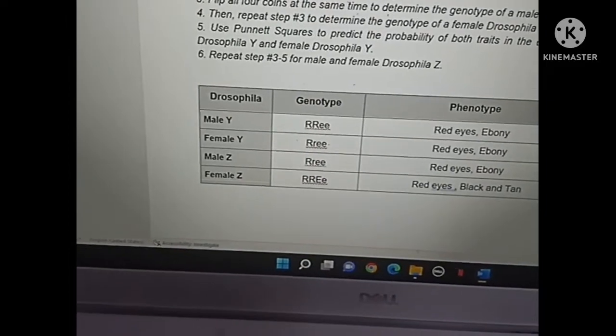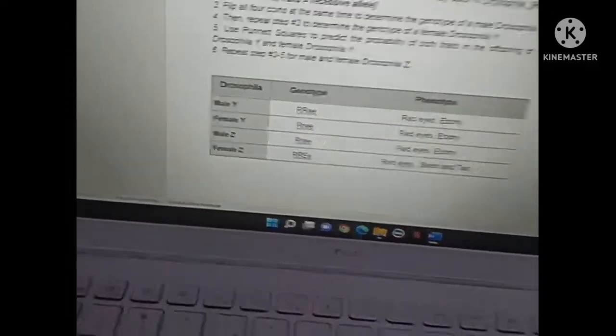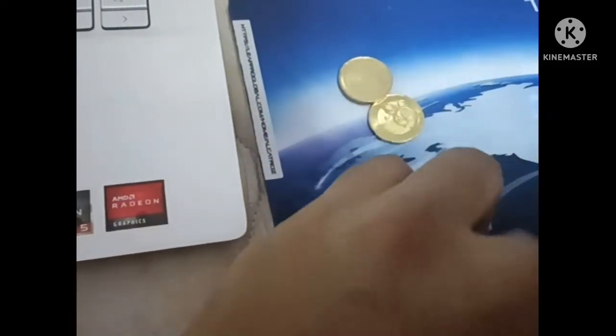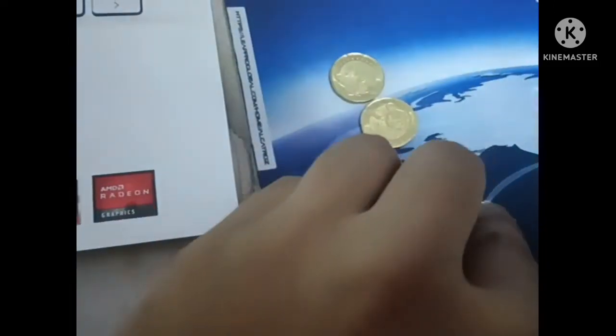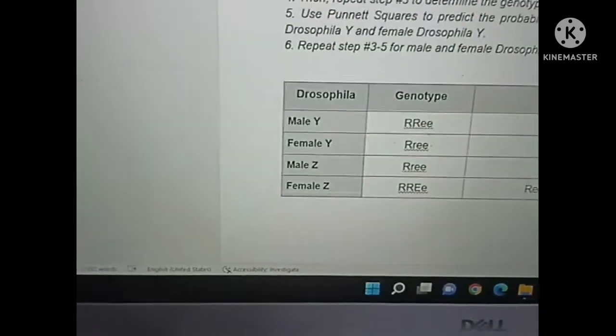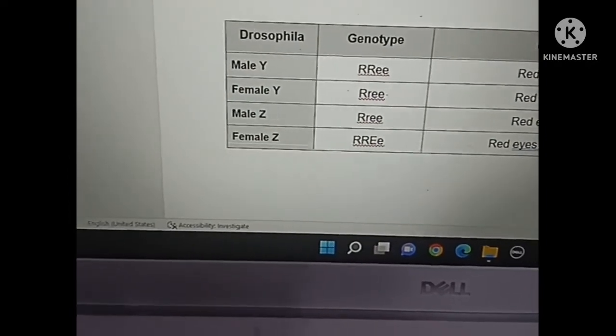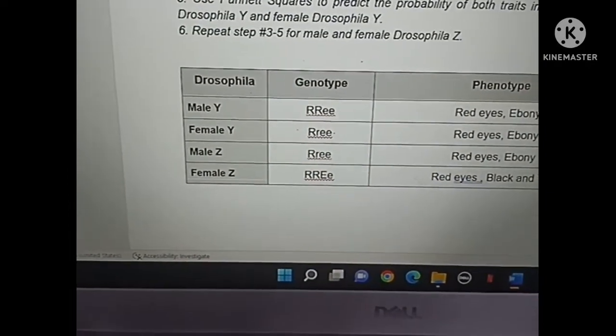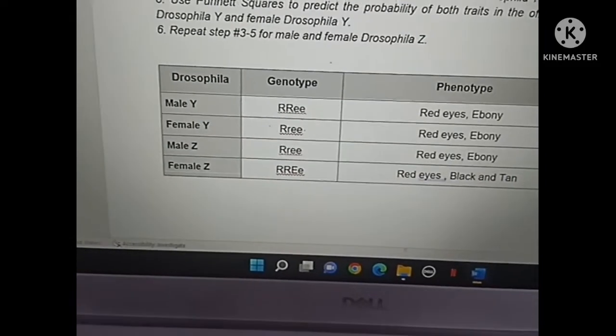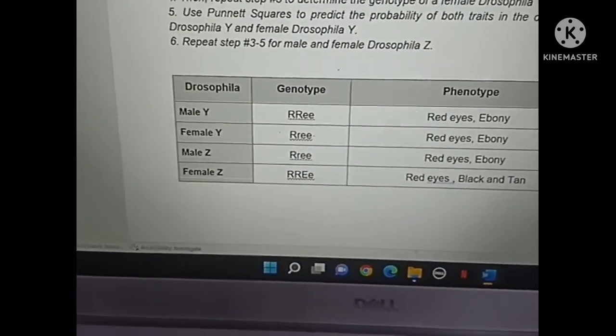As well, for male Z, we're going to use the same method. Now I'm going to flip the coins again. For the body color I get two tails. For the genotype, I got a tail and a head. So the genotype would be R, small r, EE, which is the same as female Y's, with red eyes and ebony. And for the female Z